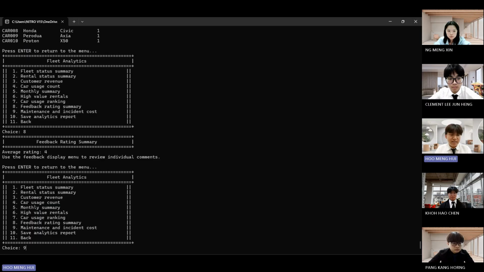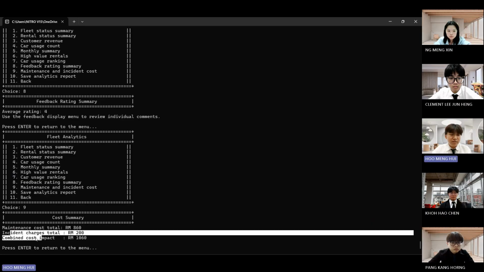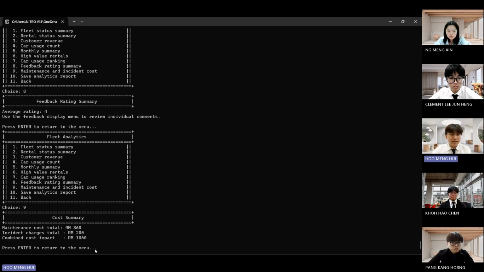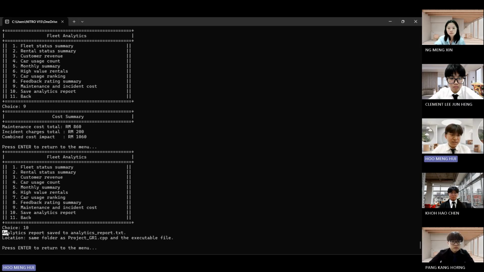Option 9 is the maintenance and incident cost. It will show the maintenance cost total, incident charge total, and combined cost impact. Option 10 is save analysis report. It will show the analysis report saved to analysis report txt.